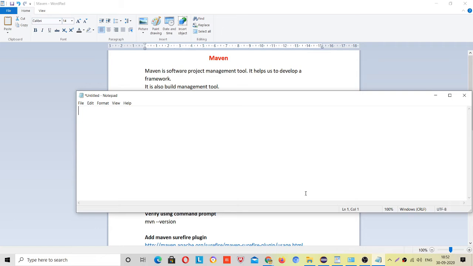Now Maven gives you relief from that. You just have to add dependencies, and Maven will download all these libraries, all the jars, for you. If you add dependencies for Selenium, it will add all the jar files for Selenium. You don't have to take care of it.